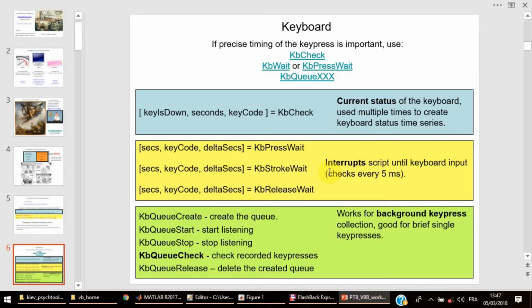And the last one is using, well, both of them are using KBCheck. KBCheck is the most basic of them. But this one is designed for the most precise measurement of keyboard responses in an experimental setting when only a single or few keyboard presses are expected. What this function does and why it is better than KBCheck,